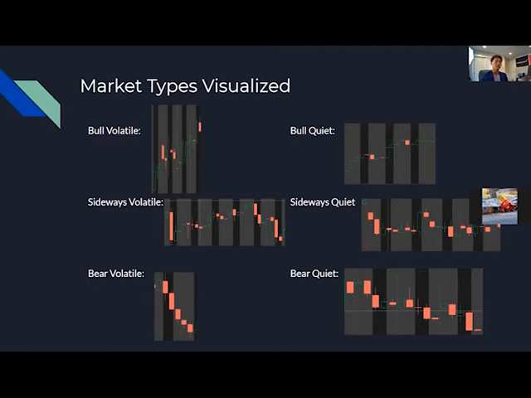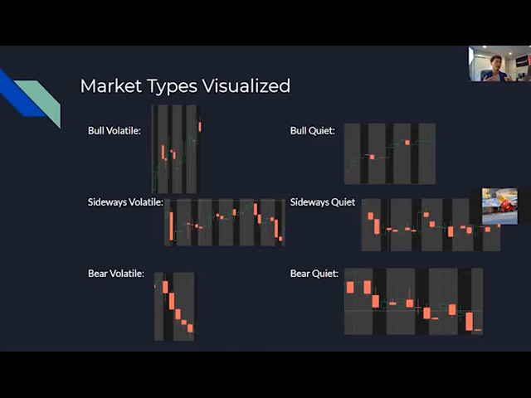Here we could see a sideways quiet because, as you can see, just like the previous graph, there's no really noticeable trend, whether it's going up or down. It goes down and then back up, down and back up. So yeah, we don't really know what's happening here. But as you can see, the candlestick bodies, which we will go into, are much smaller than the ones in the chart on the left.